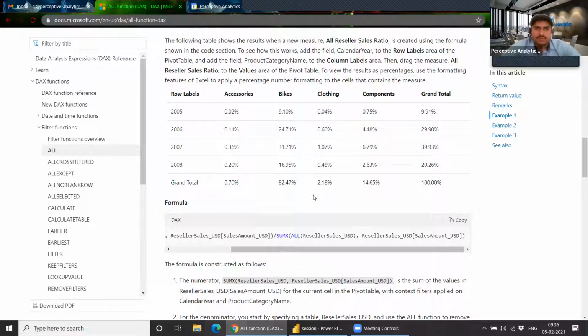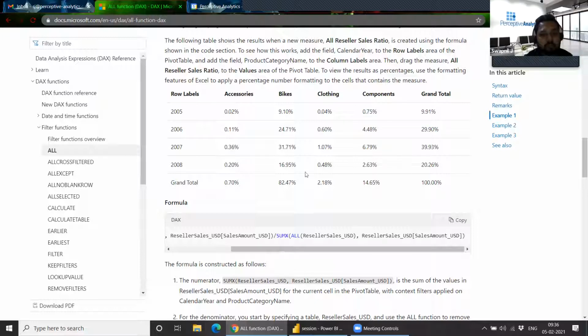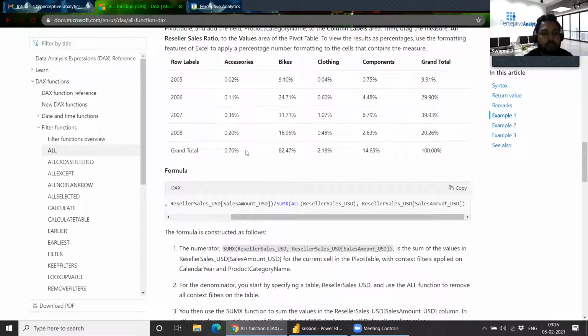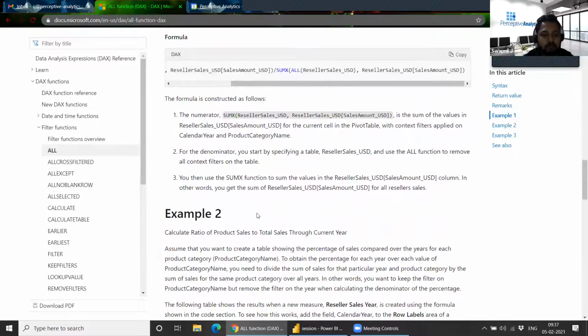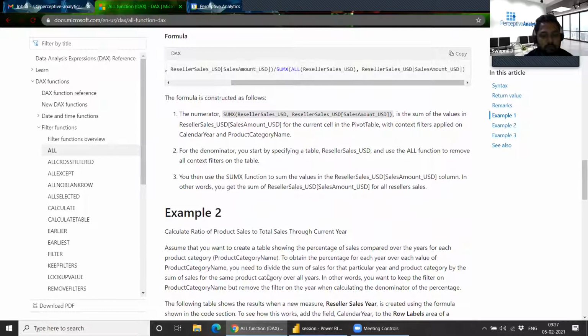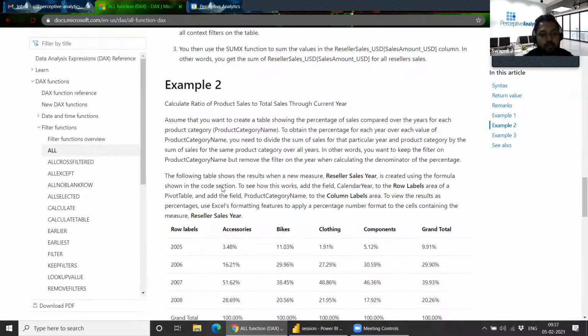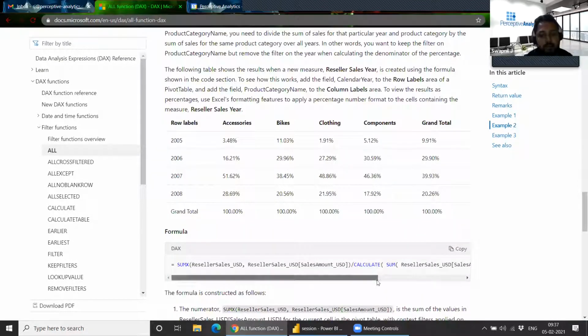Like we do a table calculation where we change the context of the calculation, we can do the same way here. If we don't apply the ALL filter and do a normal sum divided by a normal sum, it will divide everything.